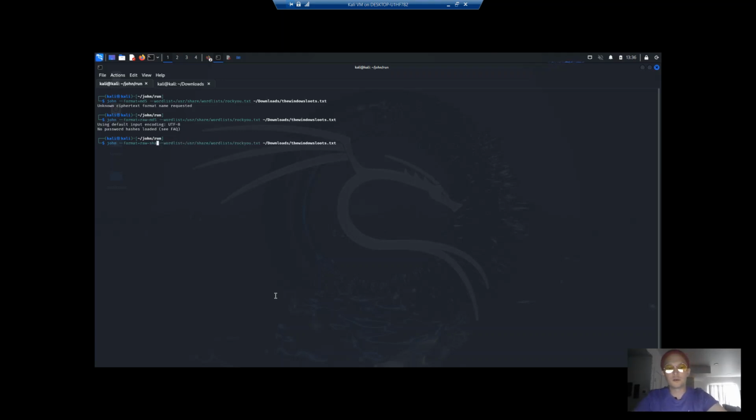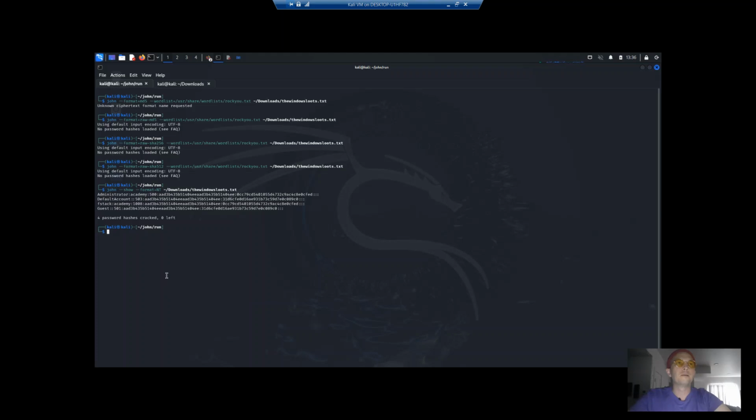Let's try SHA 256. Let's try SHA 512. No password hash is loaded. Alright, so I think the best we're going to do for now is these correct passwords. Looks like the common password for admin is Academy in this situation. So that was the long and the short here of